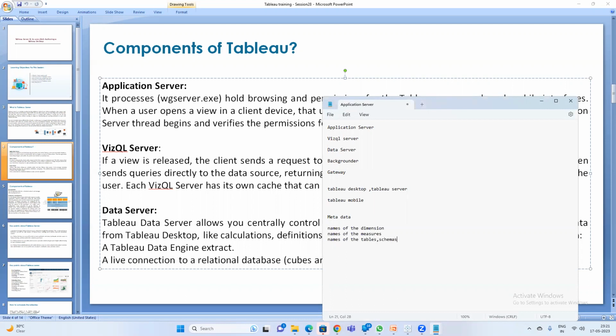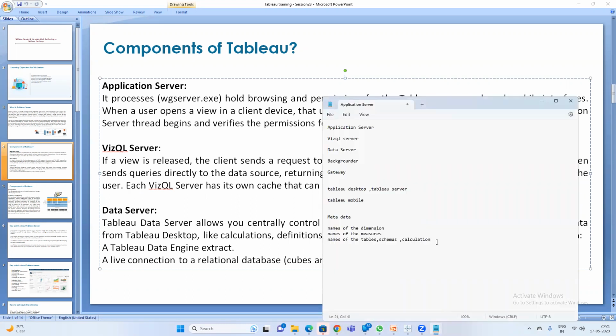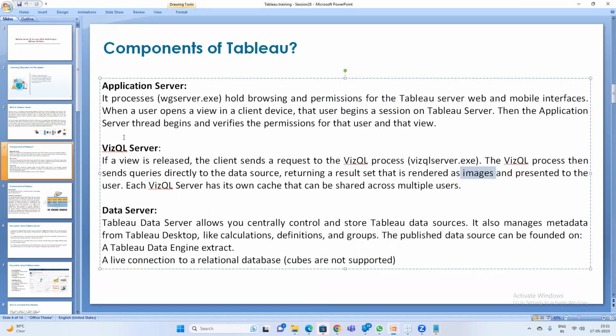Not only that, it will store names of calculations, definitions, and even the groups. The published data source can be based on a Tableau data engine extract or a live connection